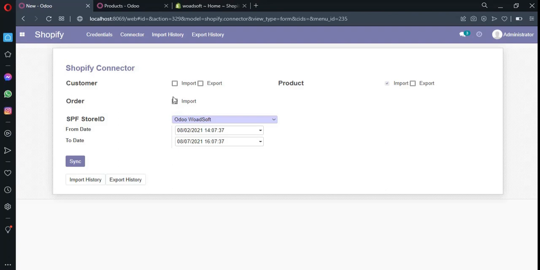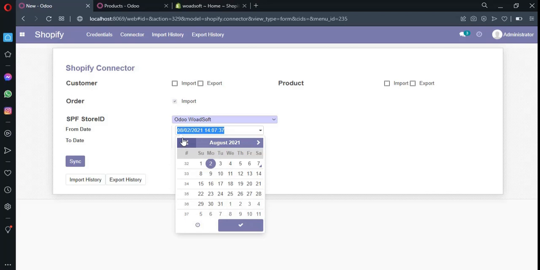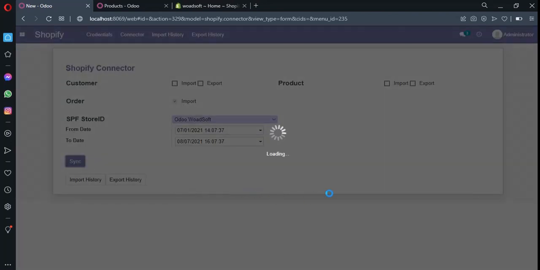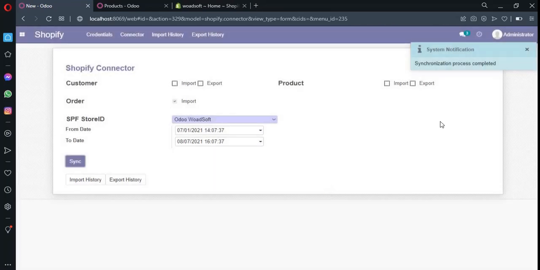I simply uncheck the product option and select the import, and adjust the date time filter. I'm going to add the date, and simply click the sync button. The process will take a few seconds, and the process is completed successfully.